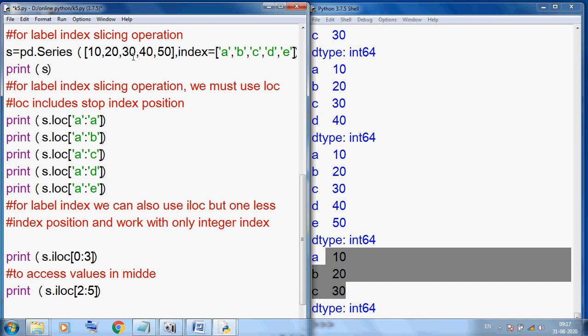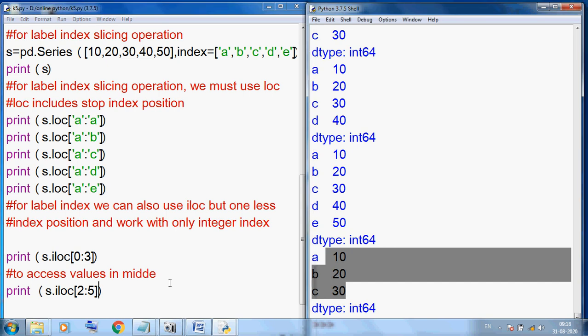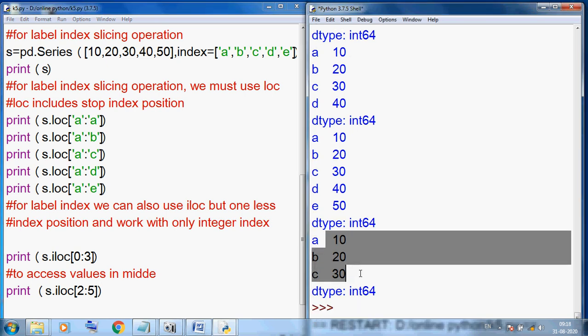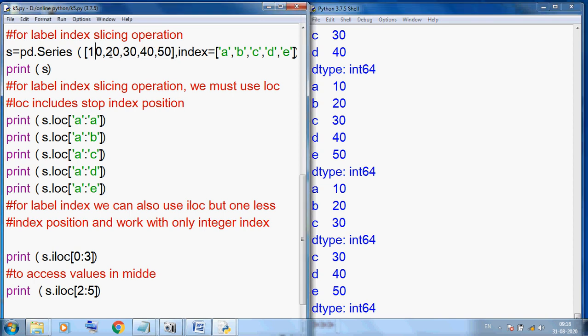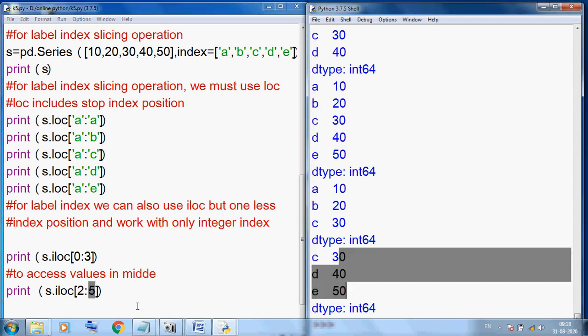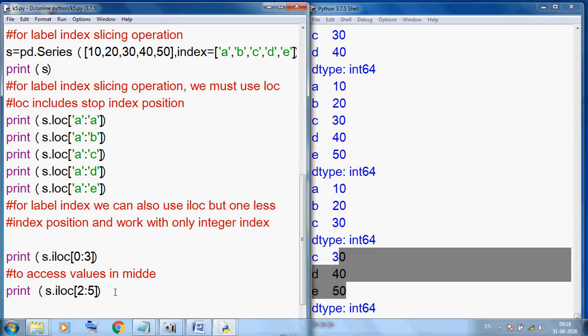So 30, 40 and 50 is the output. Okay, 0, 1, 2, 3 and 4, and always one less. So with 2 to 4 you can see the output 30, 40 and 50. So we can also include the middle position.